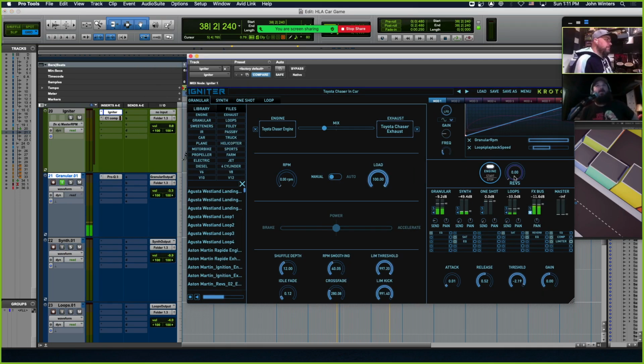So yeah, as you rev it up, and we're just hearing this granular track right here. So if I go over here to synth, it's kind of low, but as I rev it up,